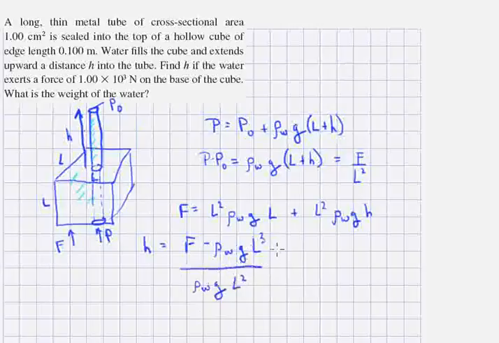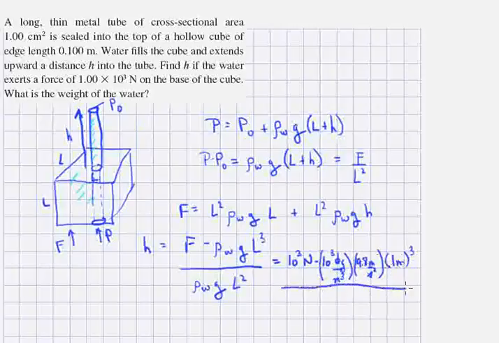Okay, so that is equal to 1,000 newtons minus density of water times the acceleration of gravity times the volume of the cube, divided by the density of water, mass density of water, I should say, times the acceleration of gravity times the area of the base of the cube. And that comes out to be